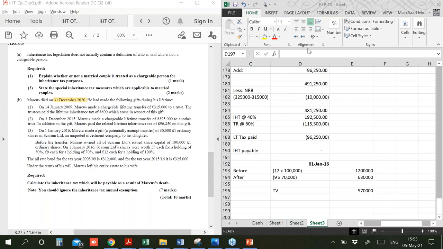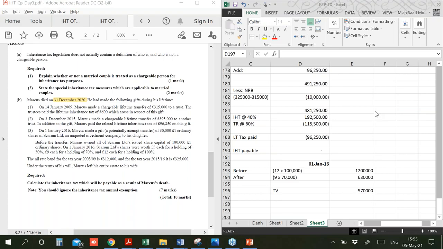No. The answer is no. Okay. Now we'll see if there is any taper relief available for that. Now you tell me the gift has been made on January 16. The third year time elapsed on exactly January 19. So obviously, if the death has happened after January 19, the taper relief is available, and the death has happened after January 19.